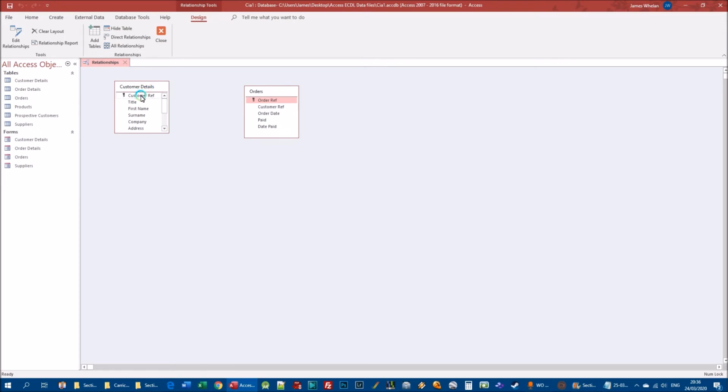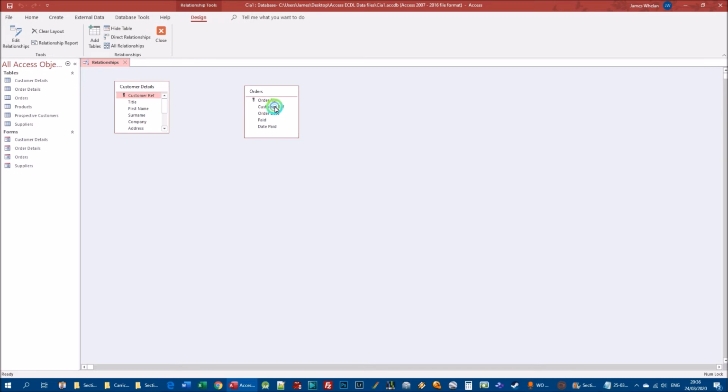What I'm going to do to establish that relationship, remember from our staff example and from our colleges example, is that you're normally going to be doing it on the primary key field. That's in your base table or your source table, the field that you're going to be using to connect the 2 tables. So I want to take the customer reference primary key field in the customer details table. I want to hold my button down on it, and drag it to the customer reference field